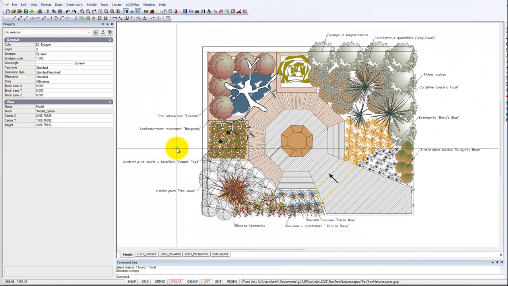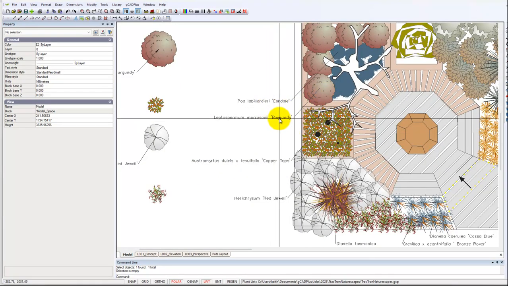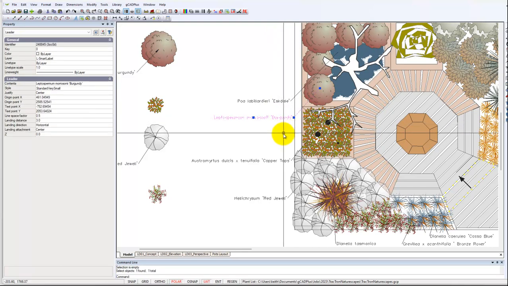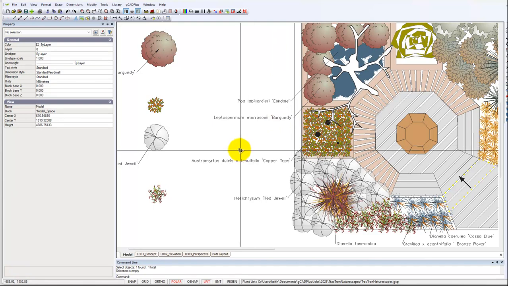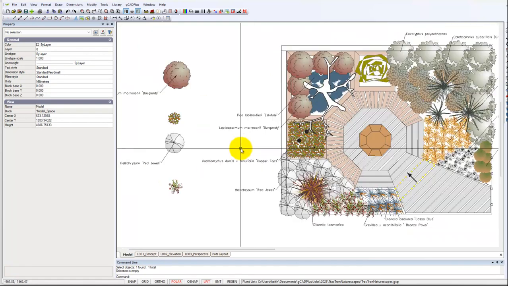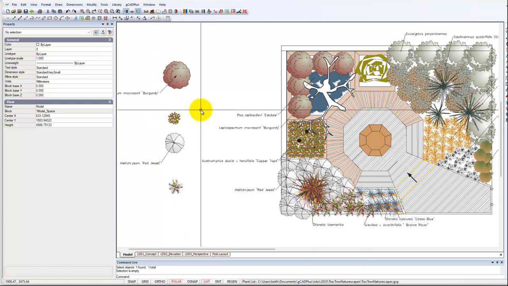You may notice that each symbol has been labelled with a leader, in fact, and that comes from gCADPlus's SmartLabel tool. And what we can do is to organise, and a lot of designers like this, to have the line of the leader coming at the same angle each time. And I'd like to demonstrate now how that SmartLabel tool operates and how you can gain control over the angle